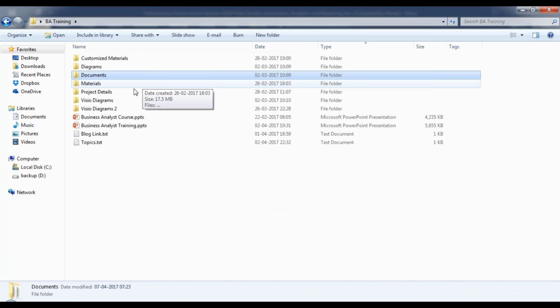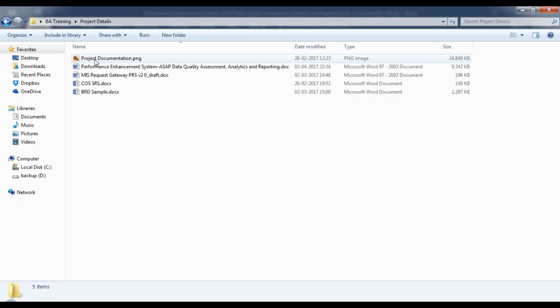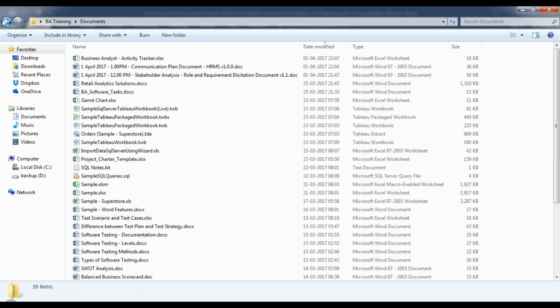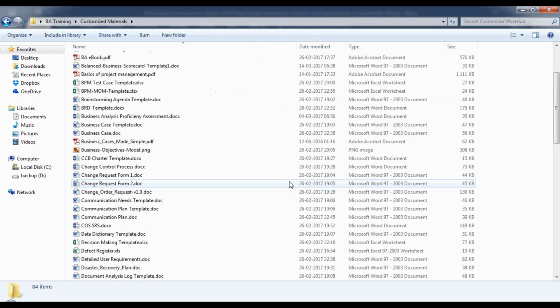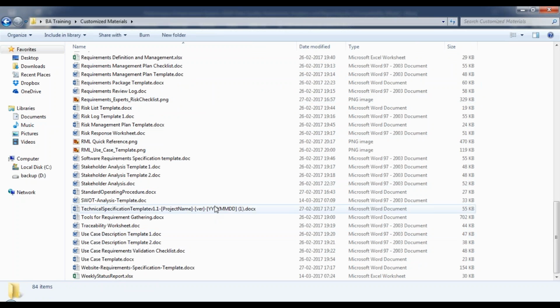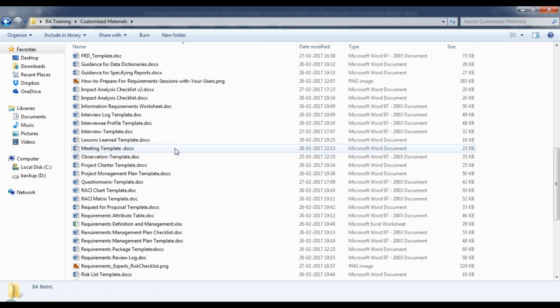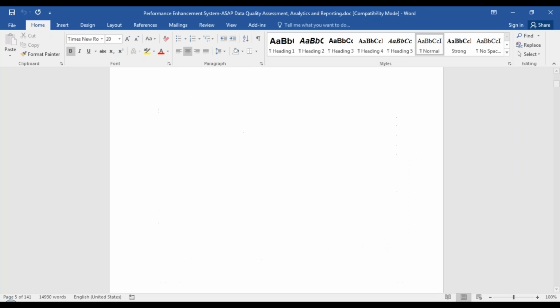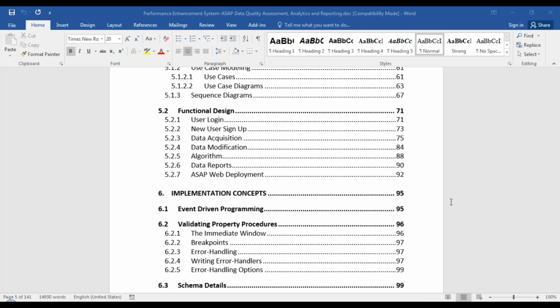A lot of knowledge that you will gain, a lot of study materials that you will receive: how to create a software requirement specification document, and what the various types of templates are. Technical specification template, a project functional and non-functional specification template.